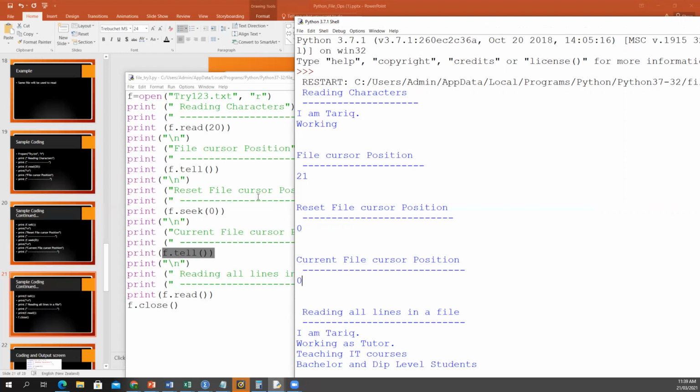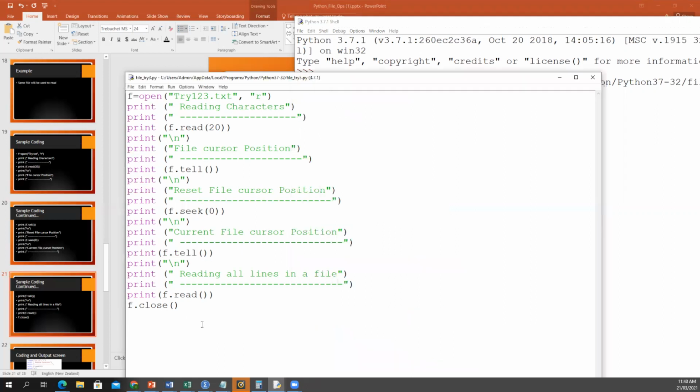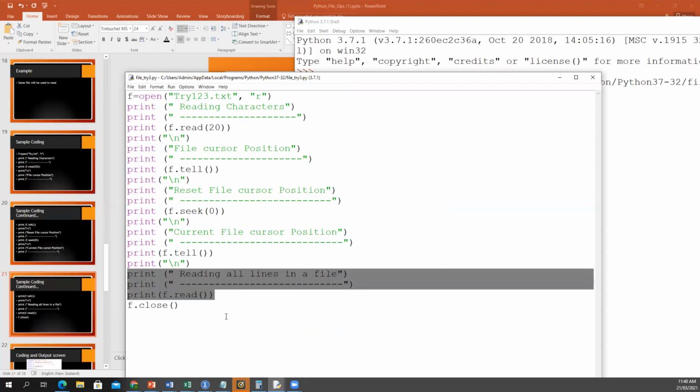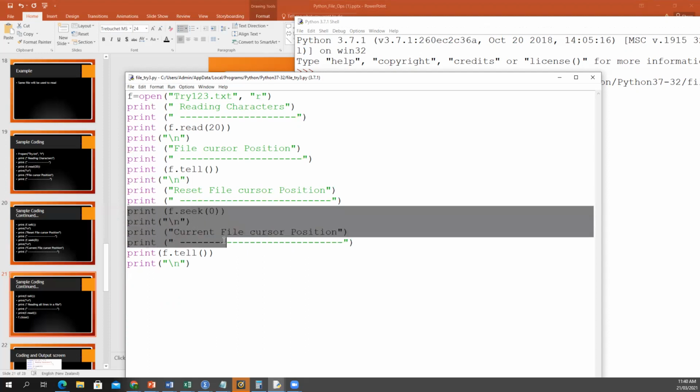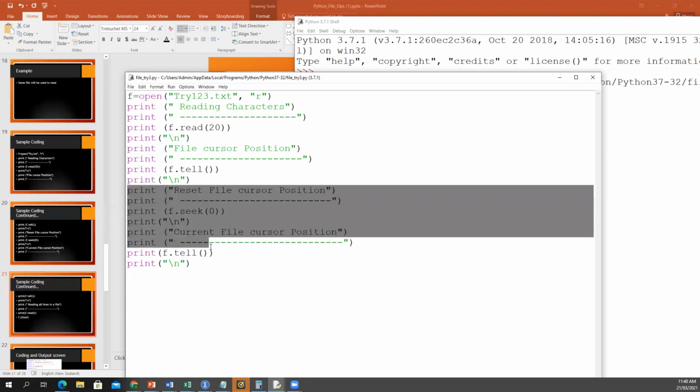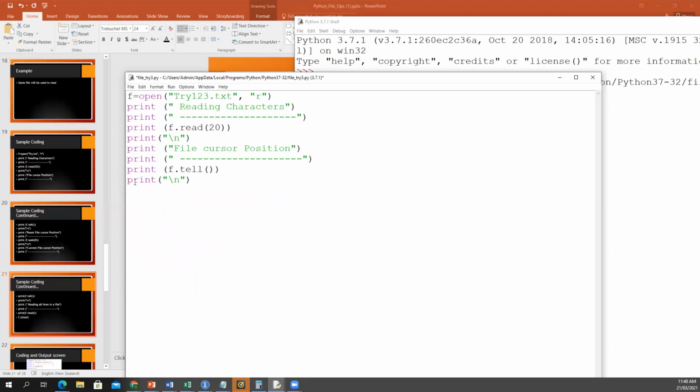Now what I do in this case is I skip this whole statement here, and I don't close the file here. And now I run it and see where the cursor position is. The one thing I also do is skip this whole part. Okay, and now what will happen? It will tell us the position. Okay, now when I run it,